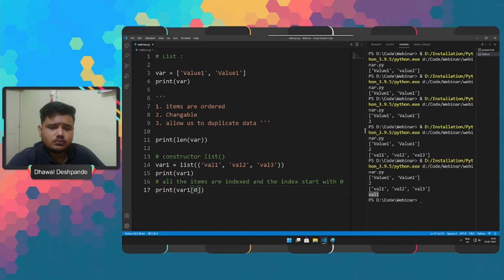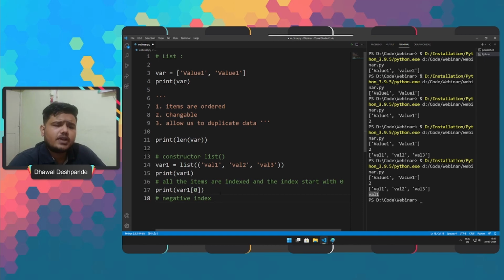So also one more thing, when we talk about index, there is one more thing that Python provides us with, something known as negative index.